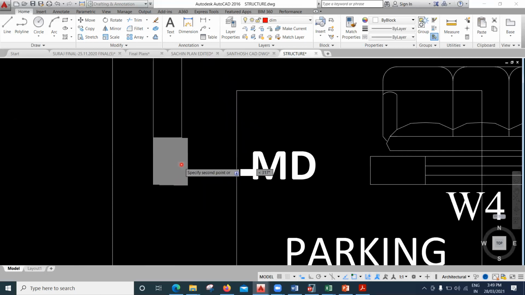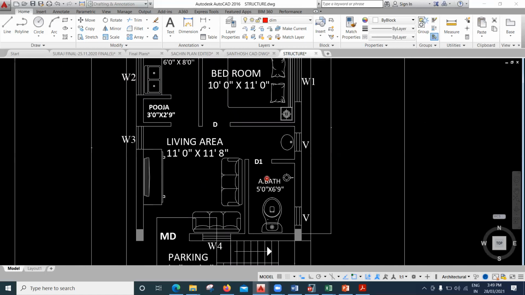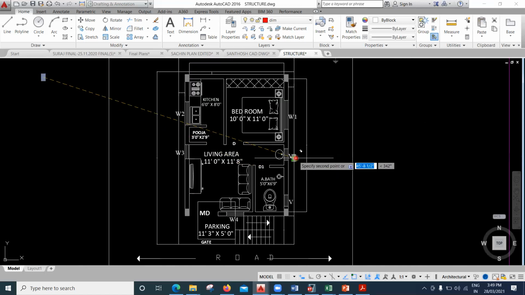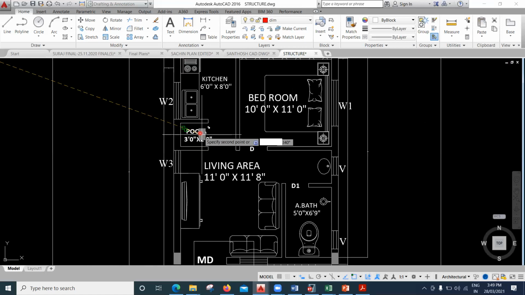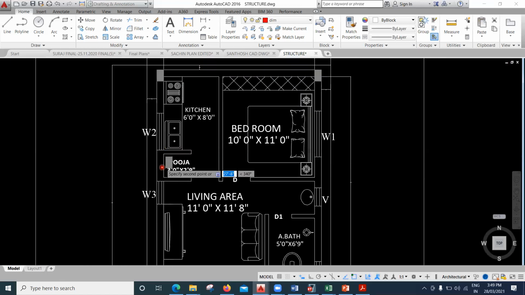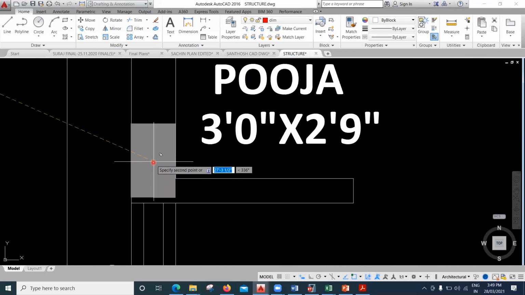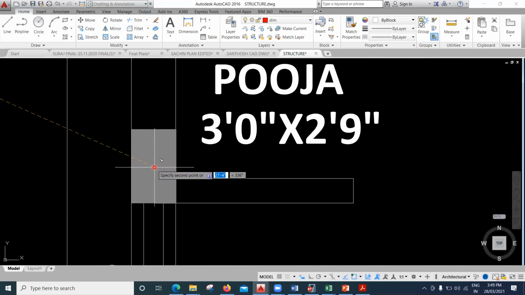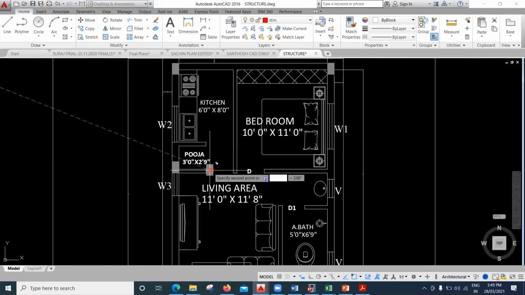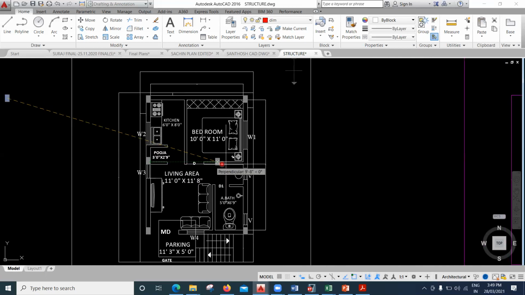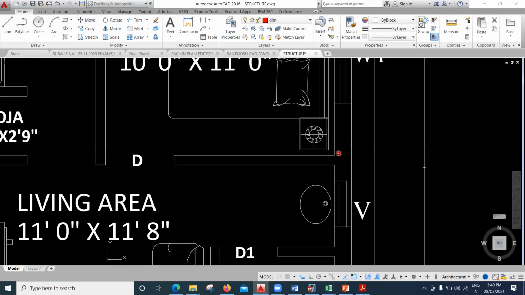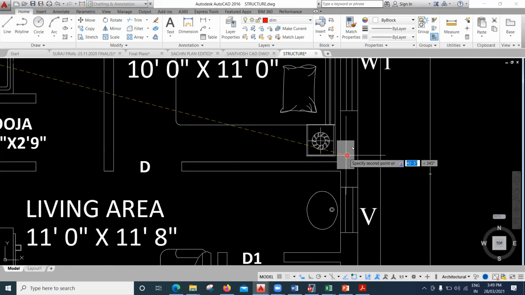So in all corners my column has been added, but these four columns are not sufficient to take care of the load. So let me try to place one more column somewhere here. Now it's up to you to decide where you want to place it, but based on my experience I feel I need to place a column here so that this slab can be placed properly. I'll place one column here, and then in the same line I feel I should place another column here. So I'll place one more column here, right?